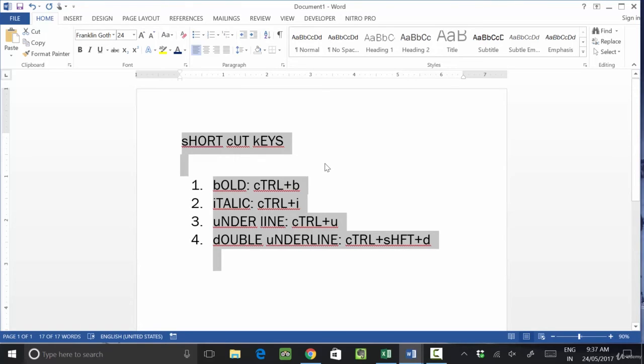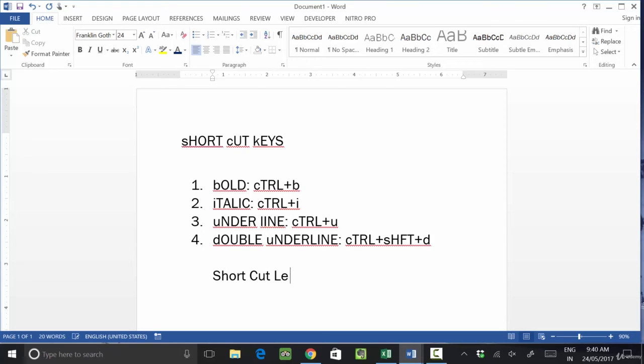If you want to apply the different cases with a shortcut key, you have to press Control plus Shift plus function key F3.